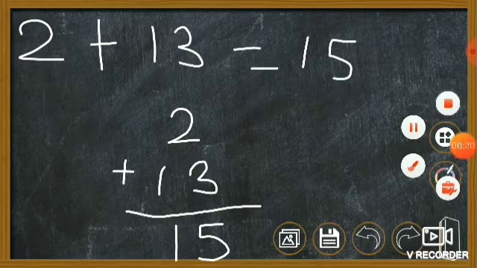Direct addition. 13 in the mind, 2 in the finger. After 13, 14, 15. This is a shortcut method. If you are willing to do this one, you can go with this method also. There is no problem in it. Children, copy down all these answers in your book in page number 64.